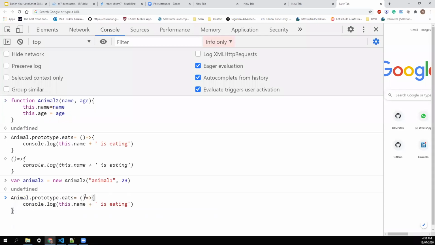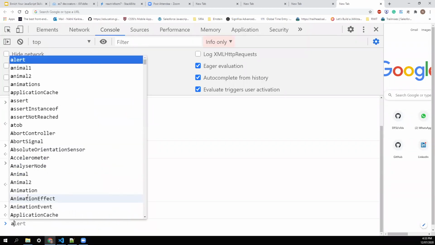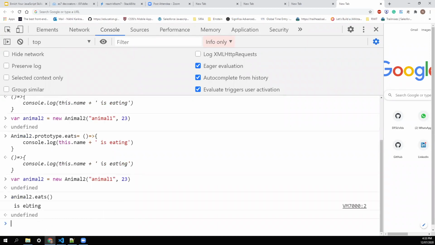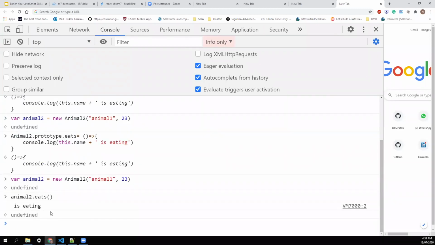Oh, yeah. And we'll create the instance, Animal2.its. And you can see here it's not taking the name because it's pointing to the window, as I said. That's why it's just printing is eating. It's not giving any name.